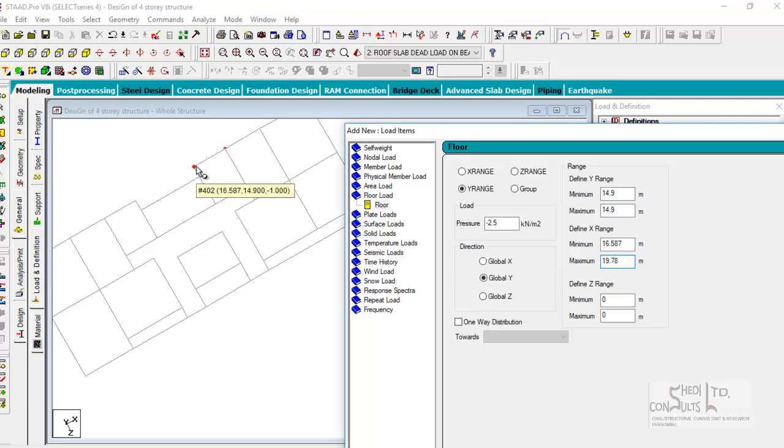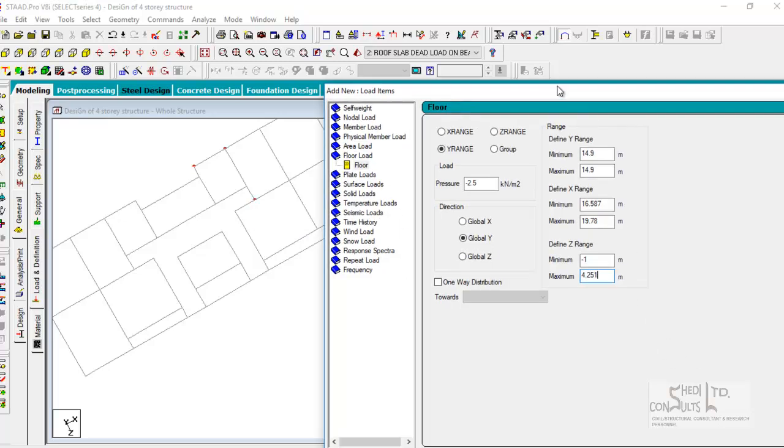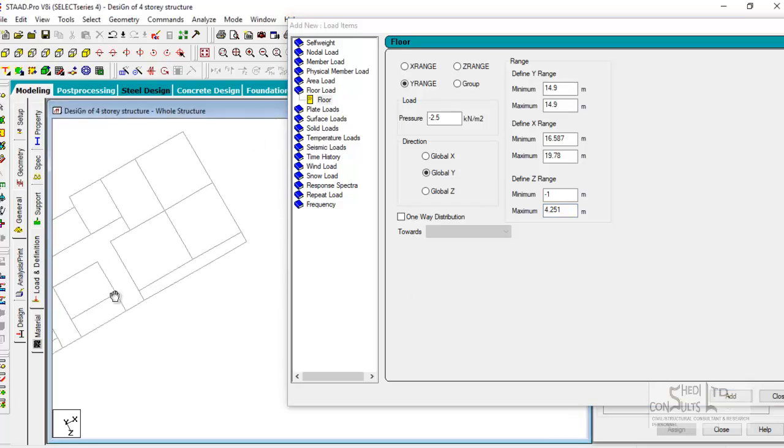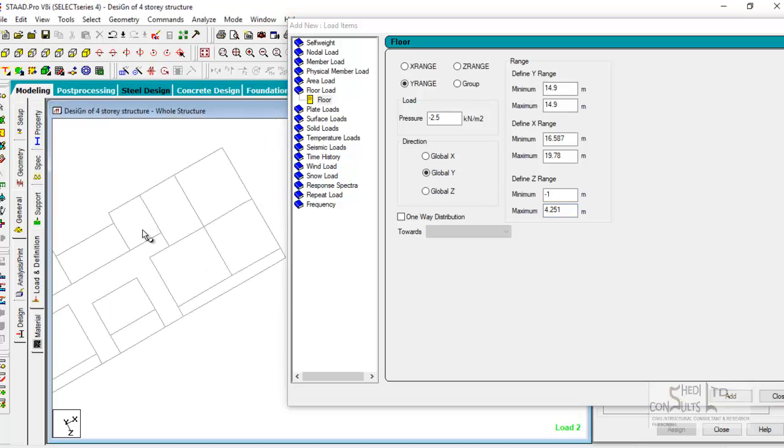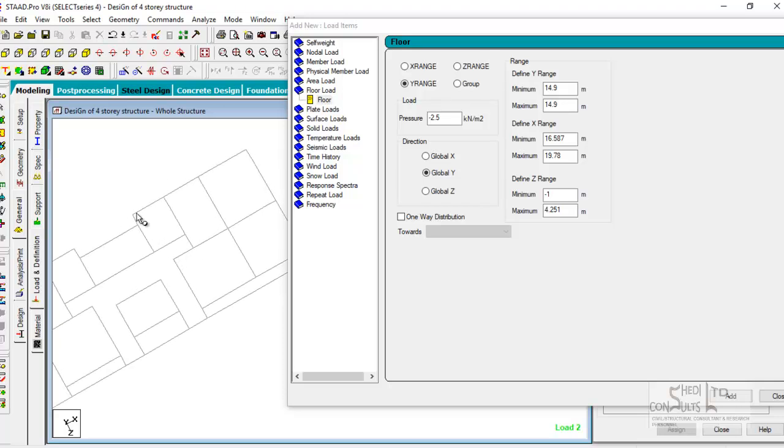Z is -1, 4.251. Now let's define. I've defined here. Z is